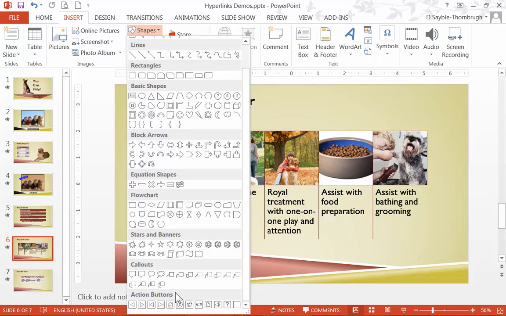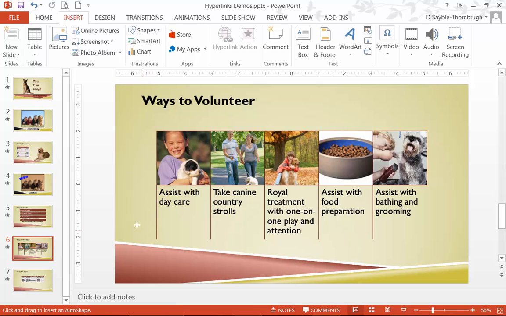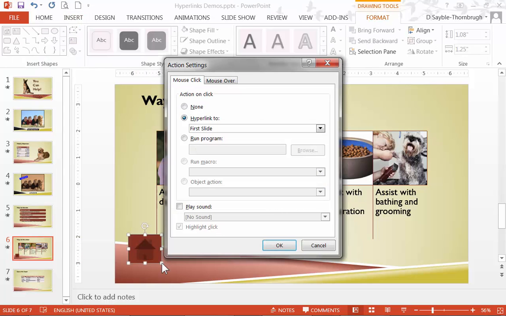Now the button that I want to create is one that will, when you click it, take you back to the very first slide in the slideshow, or what we call the home slide. So I'm going to click the home slide button shape here. And now my mouse has become these little crosshairs, so I can click and drag on the slide to build this button. As soon as I let go of my mouse, this action settings box automatically comes up, and notice that this action button picture of the house that I just drew has resizing handles around it. You can see that it's been selected,